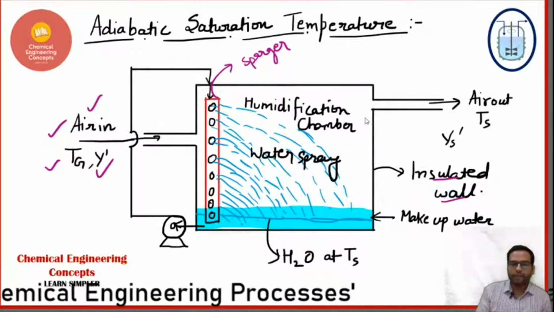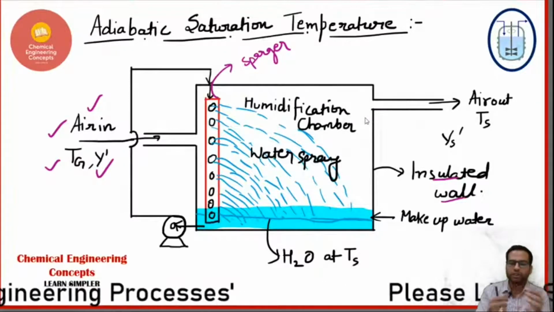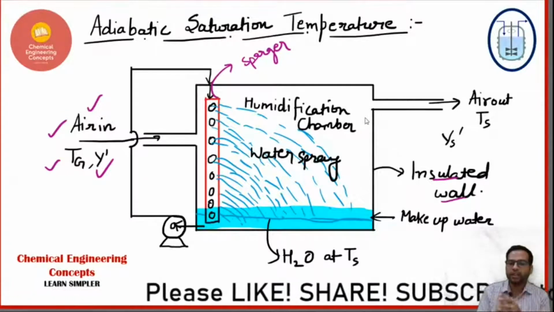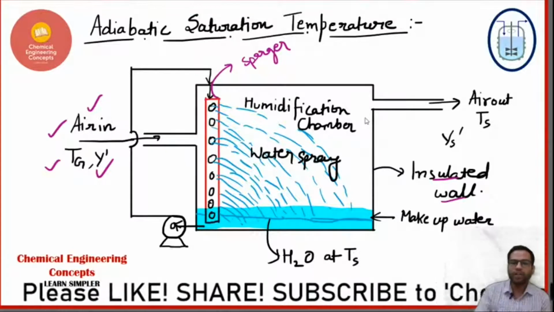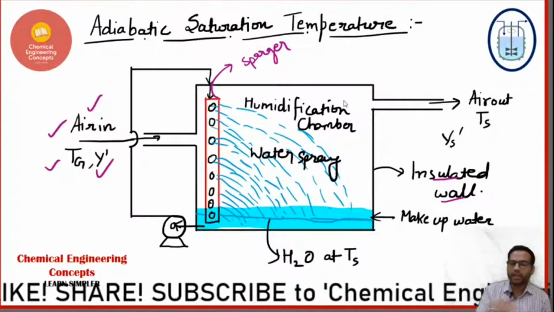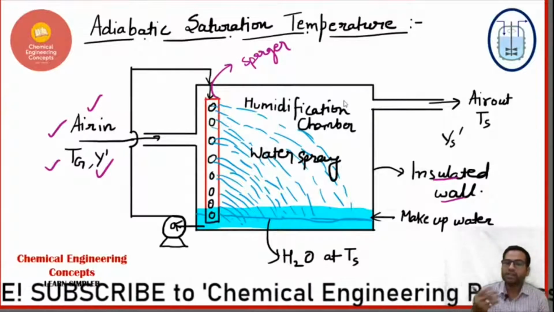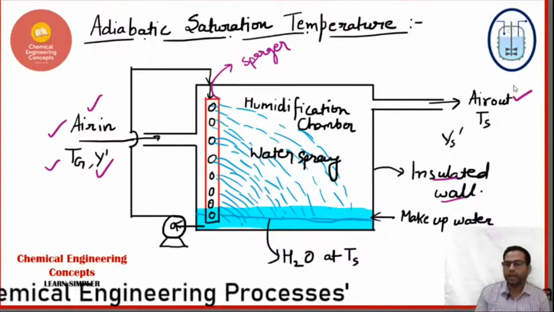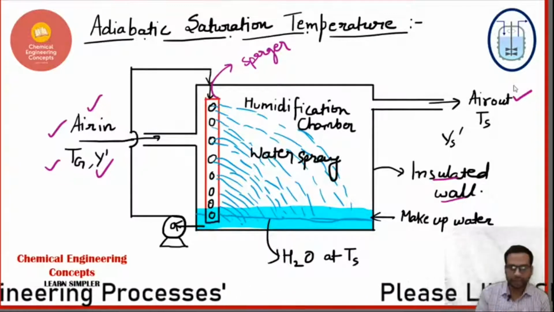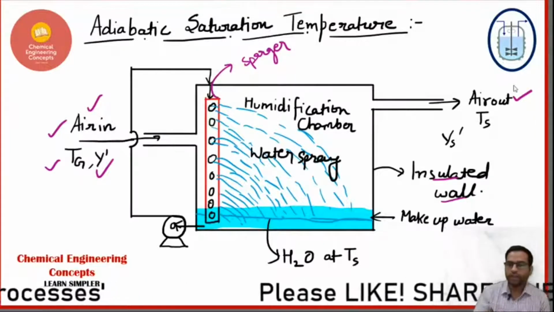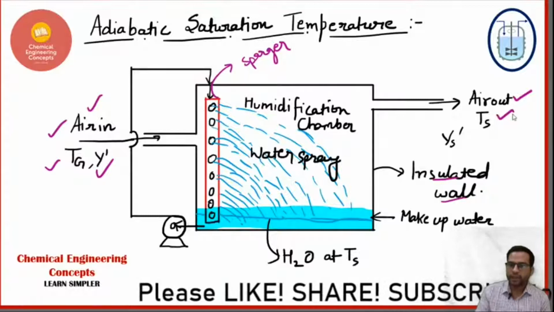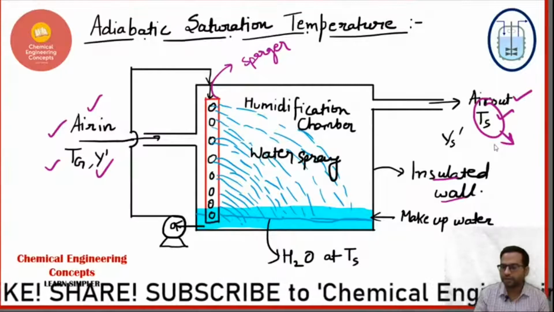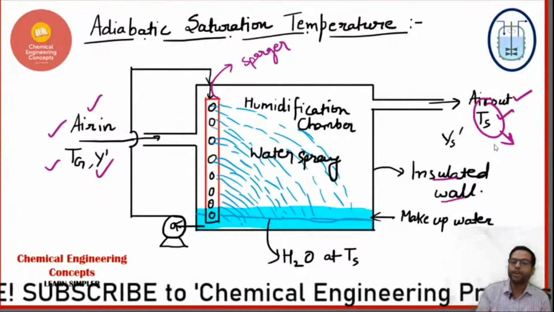Or after some time, after the continuous contact of this sprayed water, right? Water spray and the air which is in, क्या होगा कुछ टाइम बाद? What will happen? We have the air becomes saturated, ठीक है? Air saturate हो जाएगी और यहाँ से वो it will come out, okay? And it will come out at a different temperature, ठीक है? It will come out at a different temperature which is Ts, right? And this Ts is nothing but the adiabatic saturation temperature, and it will have the saturated humidity, ठीक है?